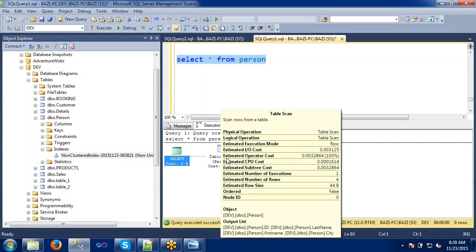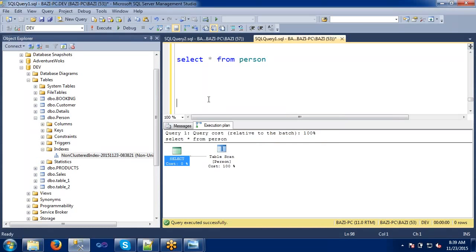Here again, the non-cluster index is taking the table scan only. Why? Because it has only a few records, only 4 to 5. Unnecessarily the index is misused here. So that's why it is trying to fetch the records by the table scan itself. It's not using the index. Why? Because it has very few records. Unless we have huge data, it won't try to use the indexes here.